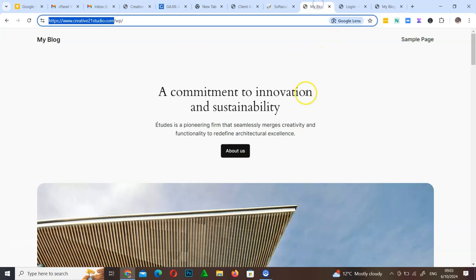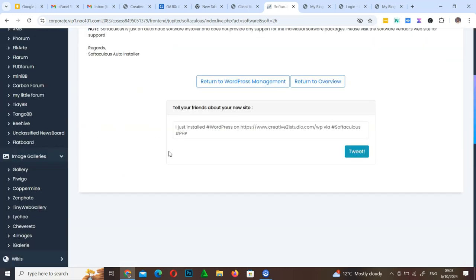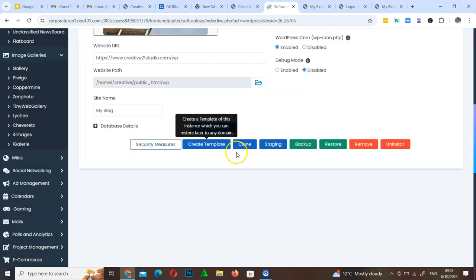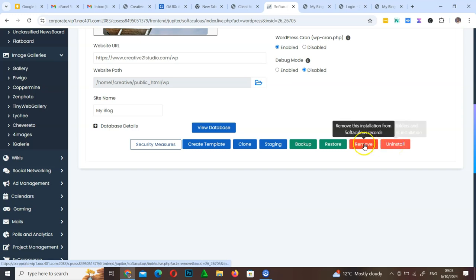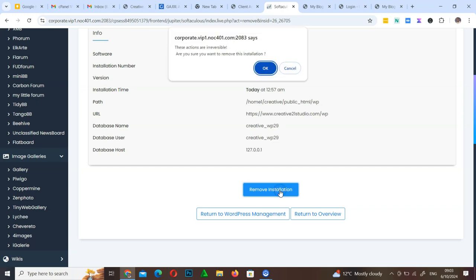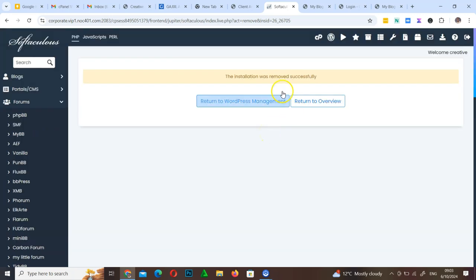So in order to correct that, I'm going to come back to the installation, and I'm going to go to return to WordPress management. Once I come to WordPress management, you're going to see a page like this. So the first thing that I'm going to do is say uninstall or delete. I'm just going to uninstall this from the database, and then I select everything, and I need to remove this installation, and then I'm just going to say okay. So what it simply means is that I'm just removing it. So I'm going to go back again to my WordPress installation,